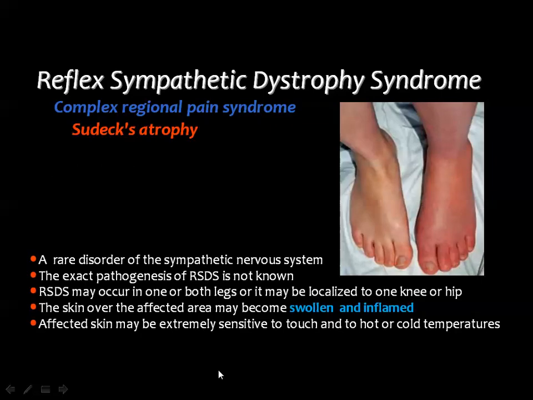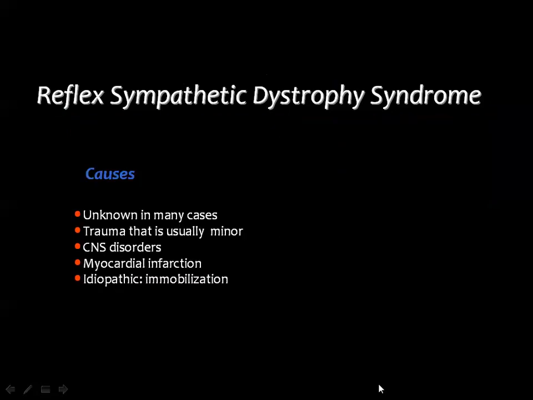Then we came to the reflex sympathetic dystrophy syndrome, which was previously known as Sudeck's atrophy and now is known as complex regional pain syndrome. This is a rare disorder and the exact etiology is not known, and the presentation is usually by a swollen, red, extremely painful limb, let us say the foot or the hand, for example, and this usually